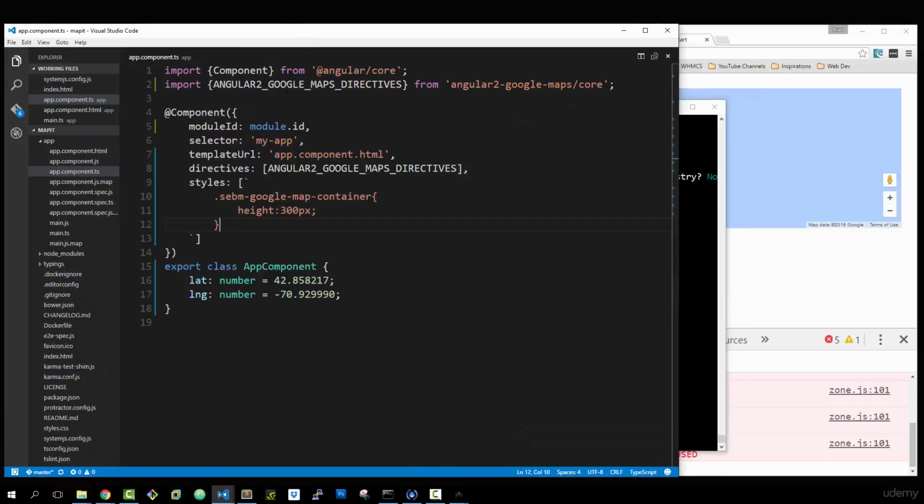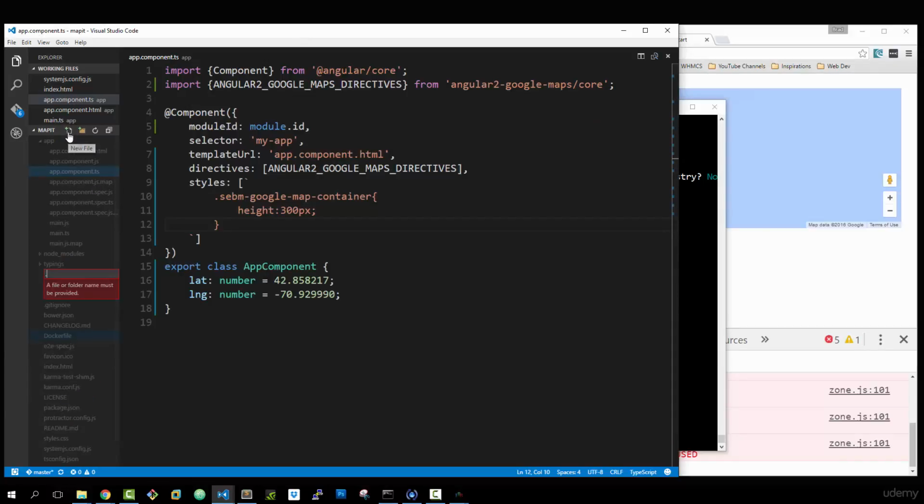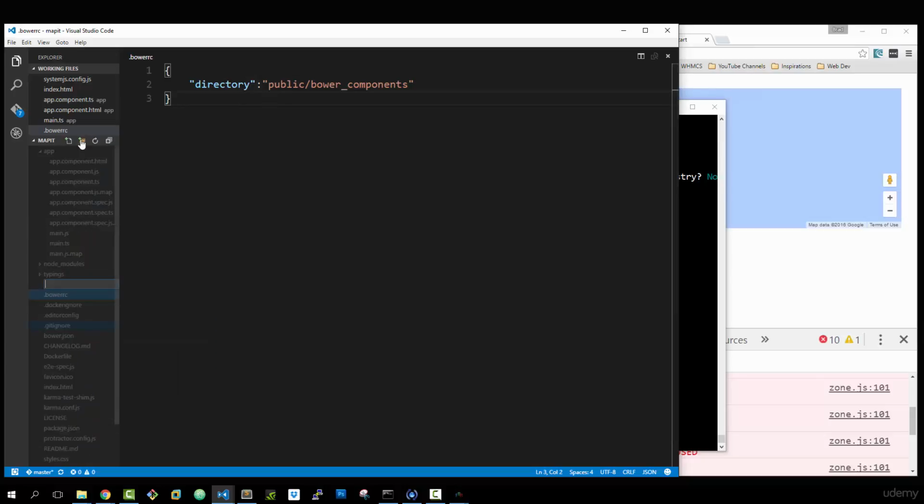Alright, so now that we have our bower.json file, I'm going to create a new file in the root, and we're going to call it .bowerrc. Alright, so this is a config file. I just want to specify where we want our Bower files to go. Alright, so we're going to have an object, and let's do directory, and the directory will be public/bower_components. Okay, so let's save that, and let's create a folder in the root called public,